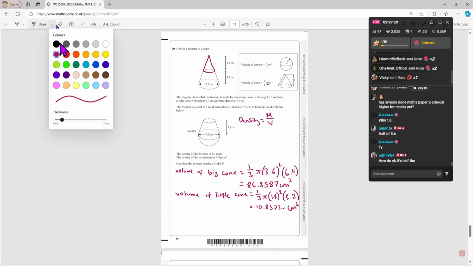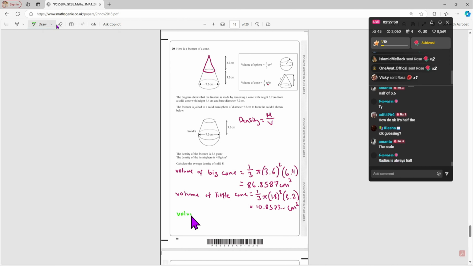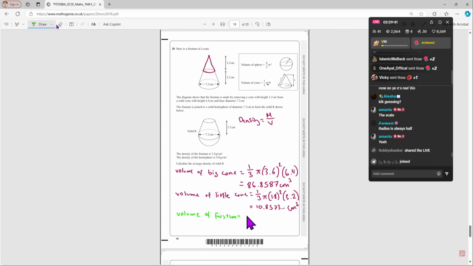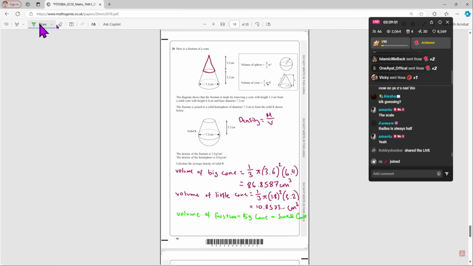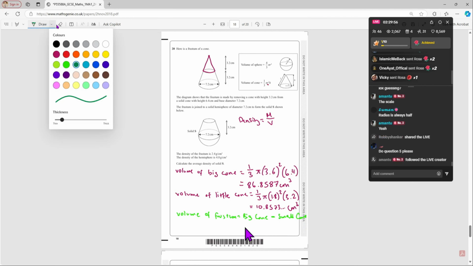So now once we have done that, we now need to work out the volume of our frustum. Now to work out the volume of the frustum, it is going to be the volume of the big cone minus the volume of the small cone. So it's going to be the big cone minus the small cone. Now when you do that, the big cone minus the small cone, that will give you an answer of